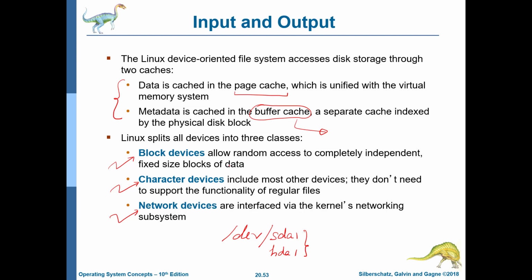Internally, Linux would characterize them into three types: block devices, which allow random access to fixed size blocks of data. So block devices such as hard drives, for instance, will allow random accesses to fixed size blocks of data. They could be either a single sector or a bunch of sectors. Recall that we have been calling a bunch of sectors a cluster. The other is devices such as